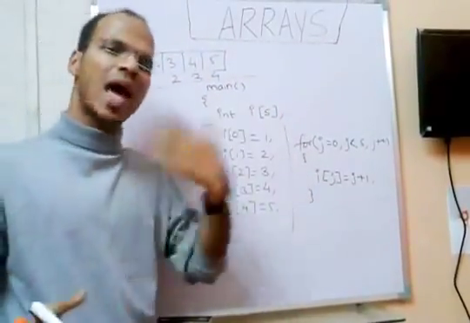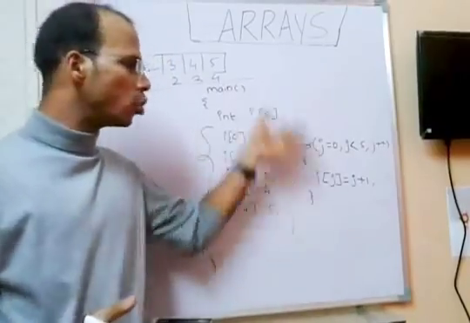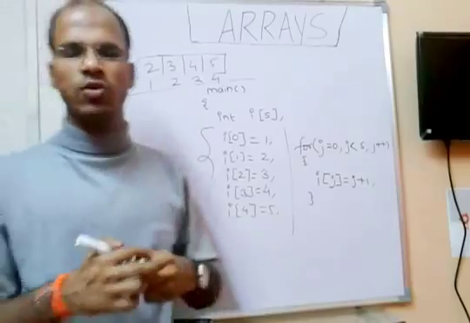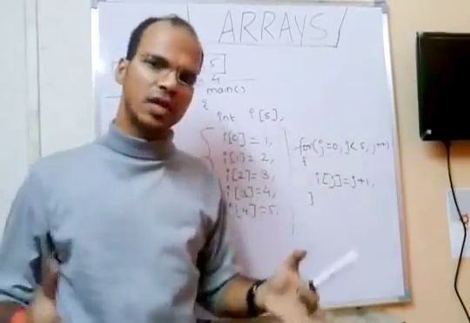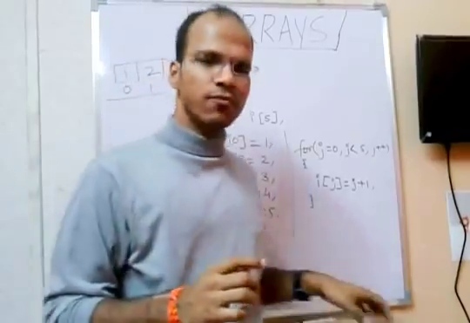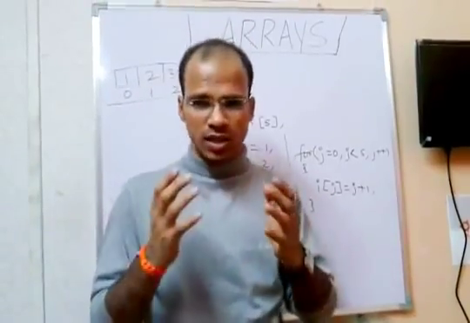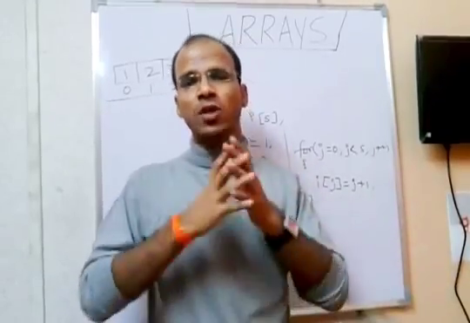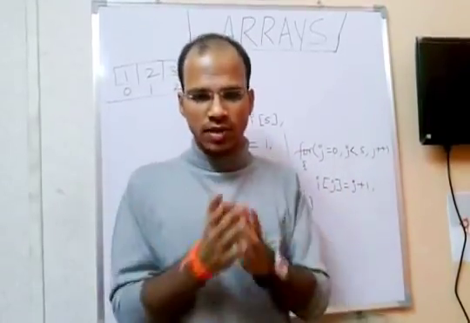Therefore, when you use arrays, it is better to go for loops when you are assigning values. Arrays are normally used when you require a high number of elements of the same type to be stored in a single variable. Sometimes we don't prefer to go for arrays. If you know the number of variables, you can go for arrays. If you don't know the number of variables you require, like the length,